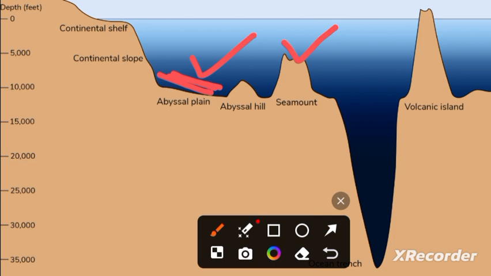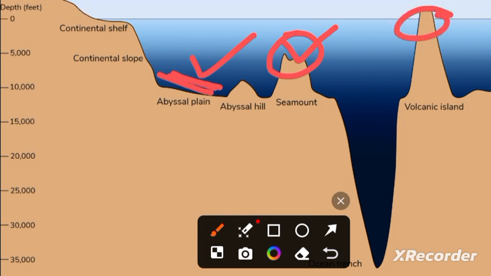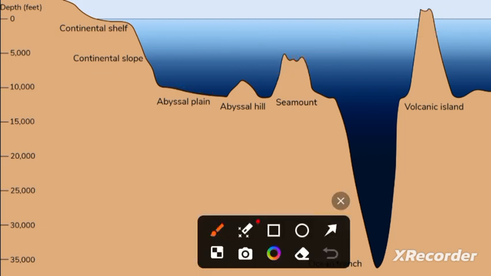Then we have seamounts, the mountains, the raised areas in the ocean, right? Now there is a difference between a seamount and a volcanic island. Both look almost similar, with a difference of height, but beta, not only the names are different, a lot of difference is there as well. The seamount is covered under the water, and the volcanic island is the island that appears above the sea level. The volcanic island is created because of the volcanic activity that takes place inside the ocean, right? And the seamount is also created sometimes by volcanic activity or sometimes by the movement of tectonic plates.